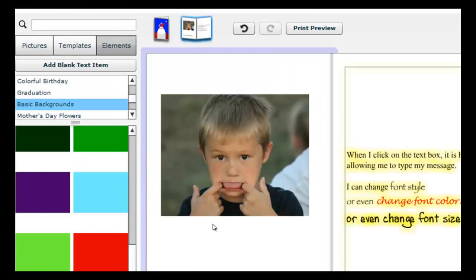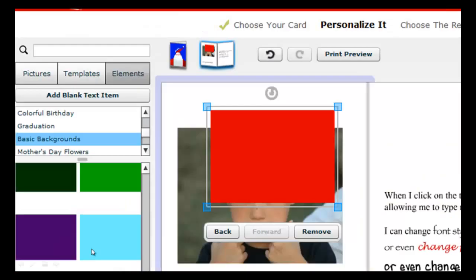Okay, now that I've got that picture where I want it, I've decided I want to add a little color. I want to make that picture pop and stand out in the card. So I've gone into the tab titled Elements, and I've scrolled down and clicked on Basic Backgrounds, and I think I want to use this red one as a background behind that picture. So all I do is I click on that red box, I drag and I drop,